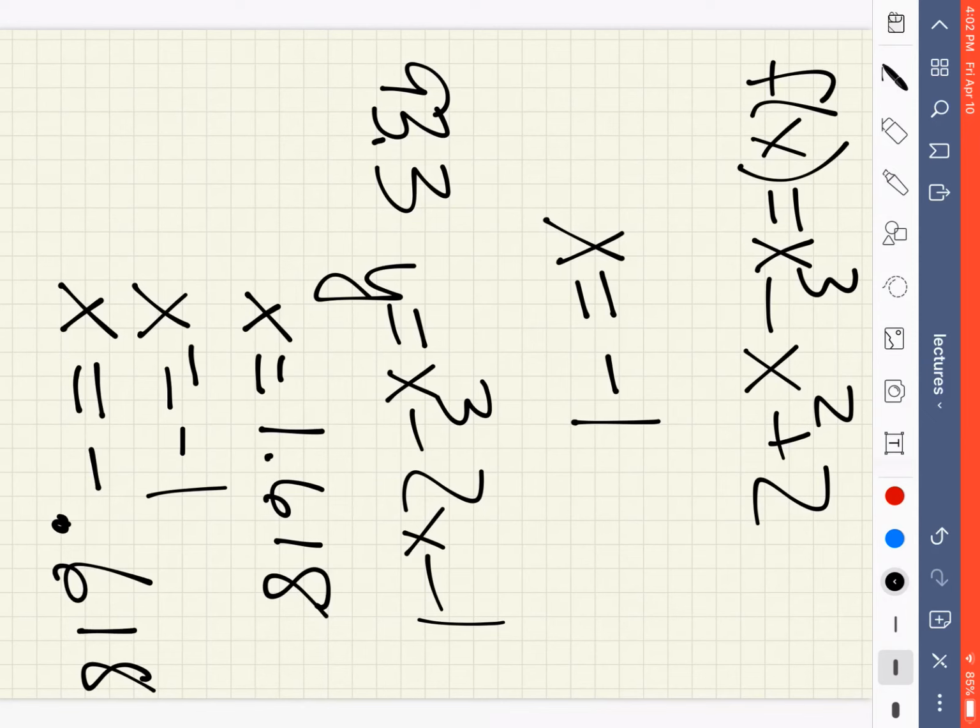Now, on some of the problems, it'll tell you, like on number 5, it says, use Newton's method to 9 decimal places. So it wants the same 9 numbers after the decimal. Just keep hitting it until you get the same 9 numbers. Number 6 is